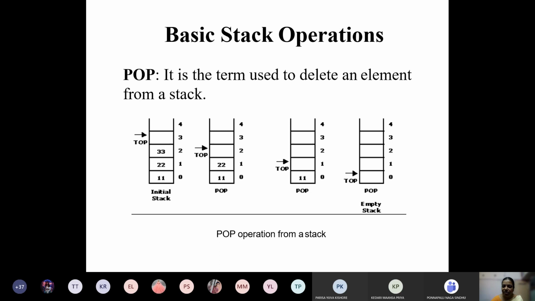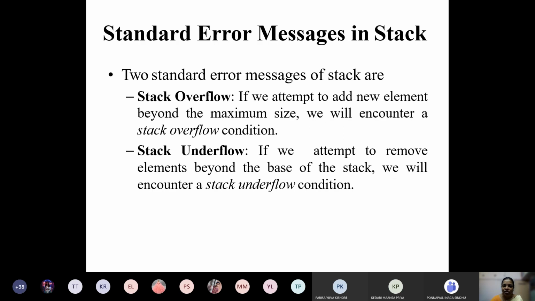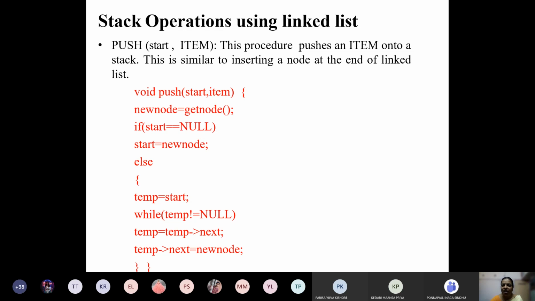We are using the same linked list that we have learned already, but we are using push and pop operations as per the stack. Whenever you push an element into the linked list based stack, we add the element at the end of the linked list. Whenever you perform a pop operation, we remove the last element from the stack. Then our linked list can be used as the stack.